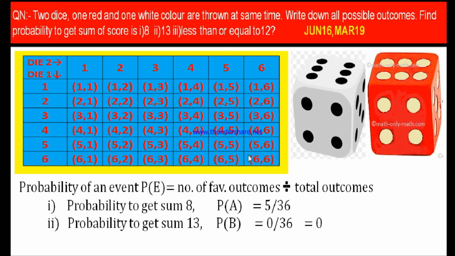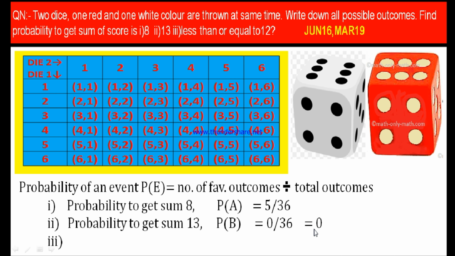In any other ordered pairs, you cannot find the sum 13. This is the maximum ordered pair, 6 and 6. What is 6 plus 6? 12. But you cannot get 13. Therefore, the number of favorable outcomes is 0 and the total number of outcomes is 36, and 0 by 36